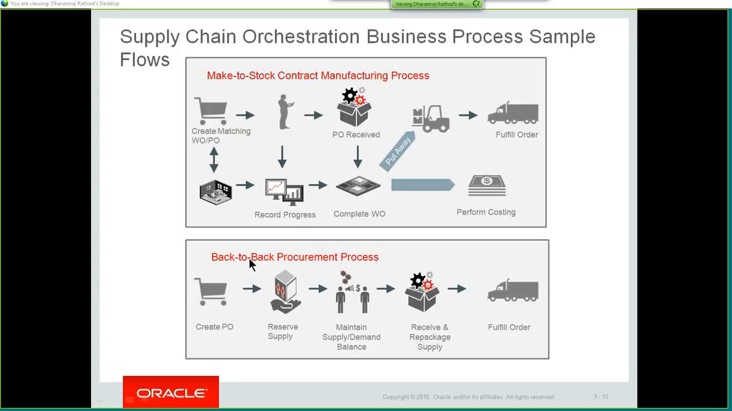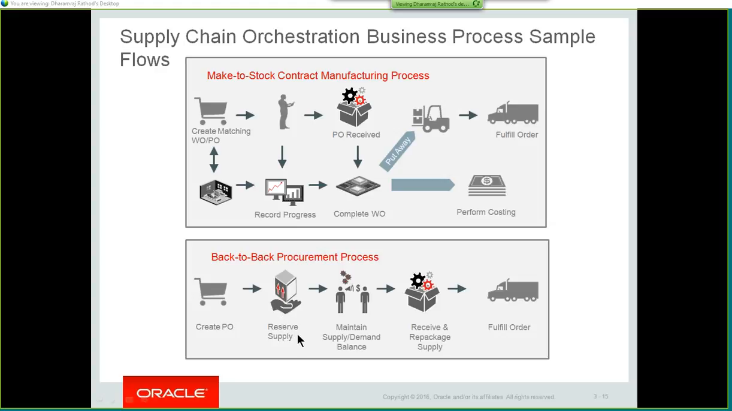Same is the case with back-to-back buy processes. When it is a back-to-back buy, as soon as you get the demand, you would have your GOP, and GOP would pick the information to supply chain orchestration. Supply chain orchestration would start to create a purchase order. It will be through requisitions, and then a purchase order will be created. Once the purchase order is created, there will be a reservations link between the sales order and the purchase order. So it will eventually have your